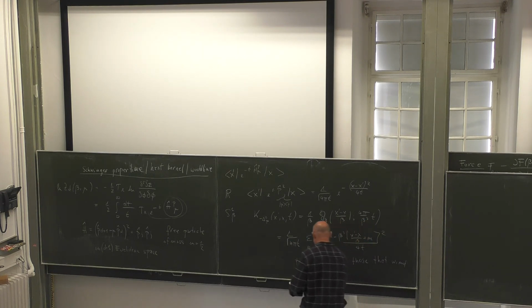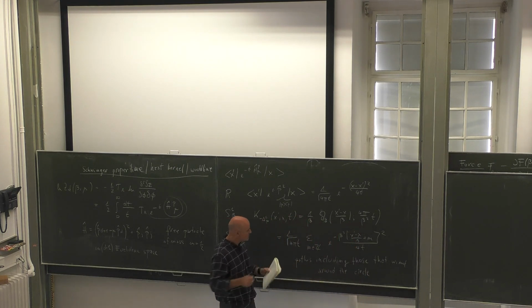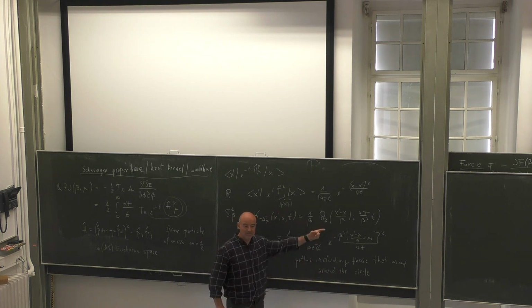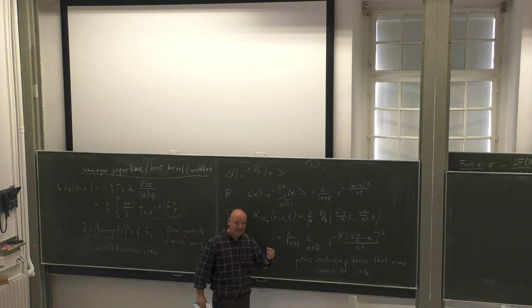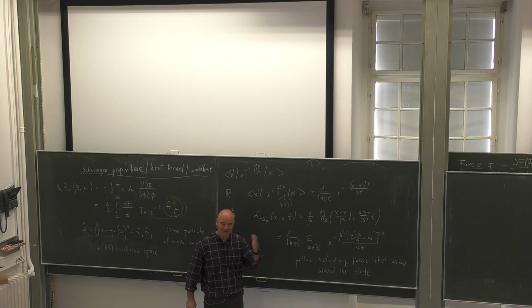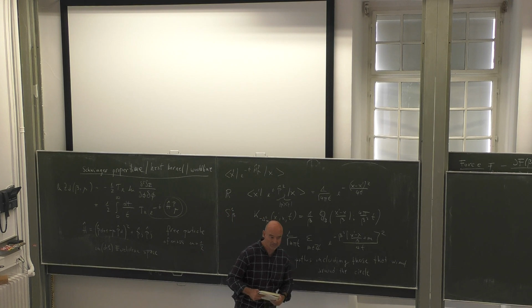I have to admit, when you're supposed to do the sum over all paths, to me it's never exactly clear what kind of paths you should consider. So you just write those paths that wind around the circle, you put them in, and then you check that it gives what you had before, so that you are happy that you have not forgotten everything. And then you pretend sometimes that this is the independent path integral computation. But this is maybe just because I cannot really think in terms of path integrals and what are all the paths that wind around the circle.